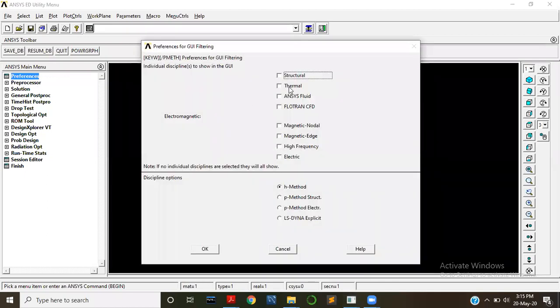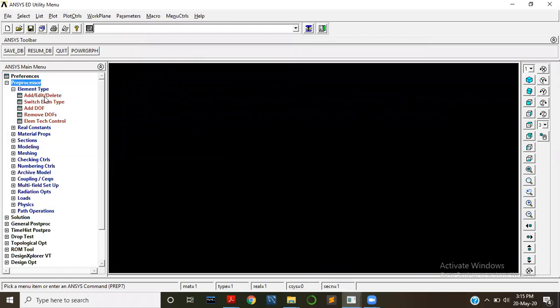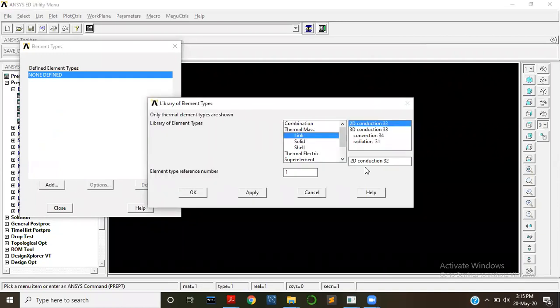So Preferences, Thermal, press OK. Then go to Preprocessor, Element Type, Add/Edit/Delete, Add, and here select Link 2D conduction 32, apply, and the next one is convection 34.